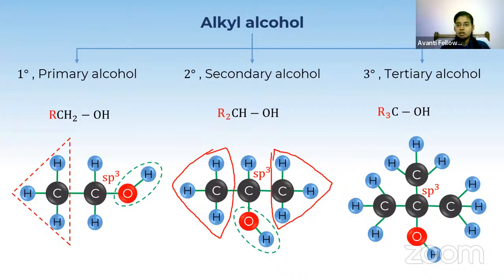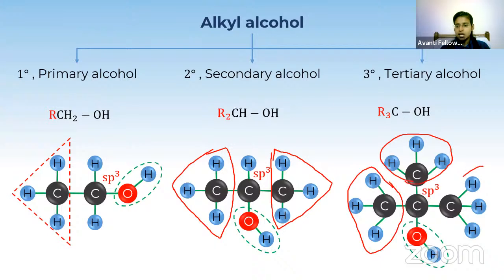R2CHOH. Okay. And here you can see OH is attached with sp3 and the three alkyl groups are here. 3 CH3 groups are attached. So we have only COH component here. So which is an example for tertiary alcohol. Okay. So these are the three types of alkyl alcohol. And the second classification is